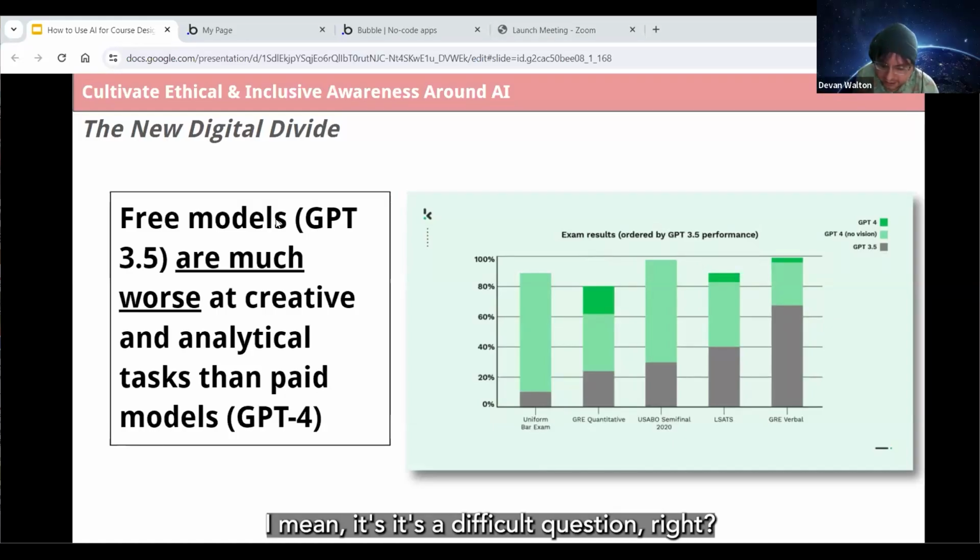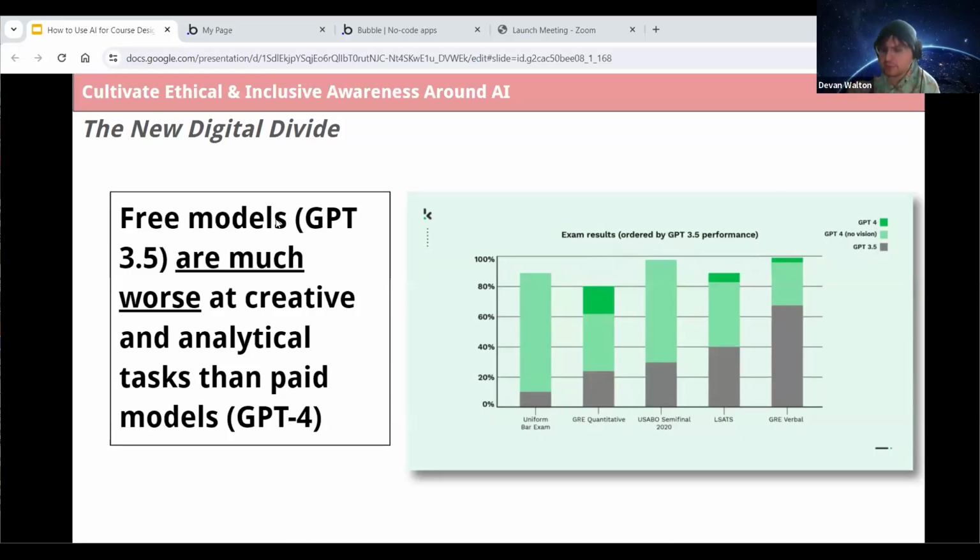Yeah, I mean, it's a difficult question, right? I think there's a tendency a lot of people have to want detection tools, to be able to identify when students are using it. But there are a lot of drawbacks with this, especially tools like GPTZero or something, that claim to be able to identify when students use AI to do writing. These tools have a tendency to